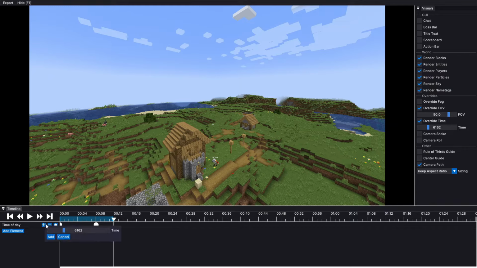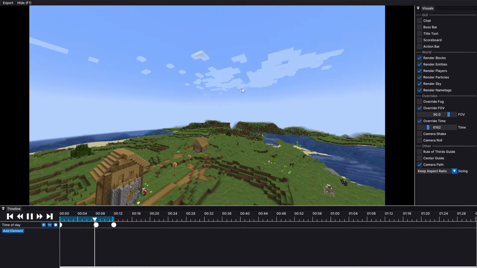So I'm going to add a new keyframe, move the time of day to night. The larger the number, the later in the day it is, to the point where here we're coming in at the end of the day, and this is the start of the day. So I'm going to put it as almost a full cycle of the sun. Starting it out, it's going to start moving